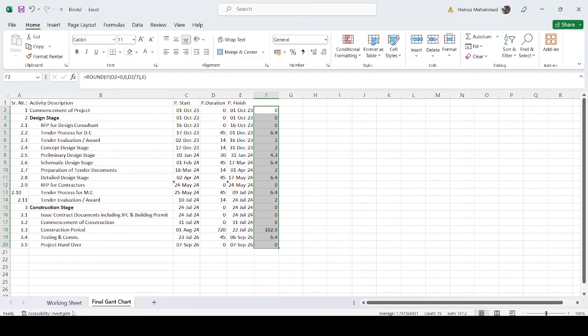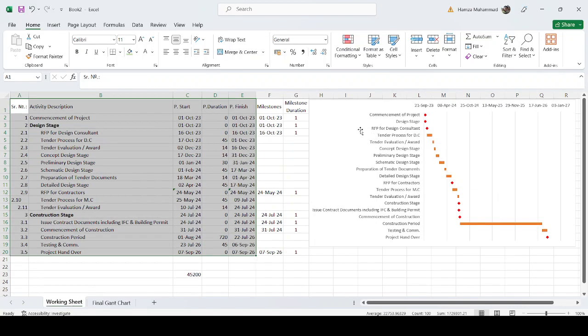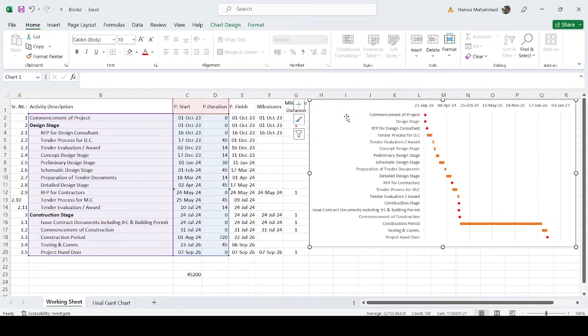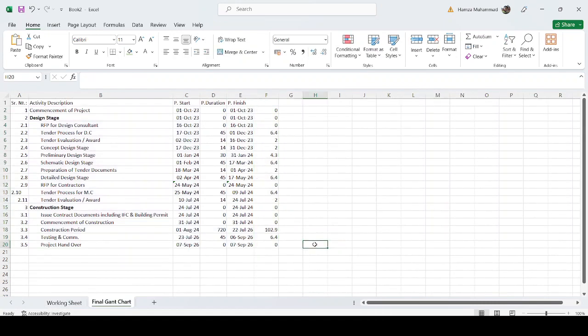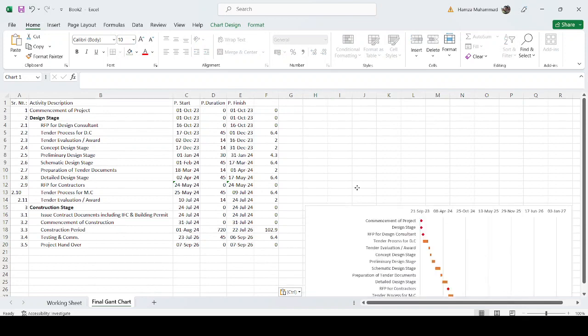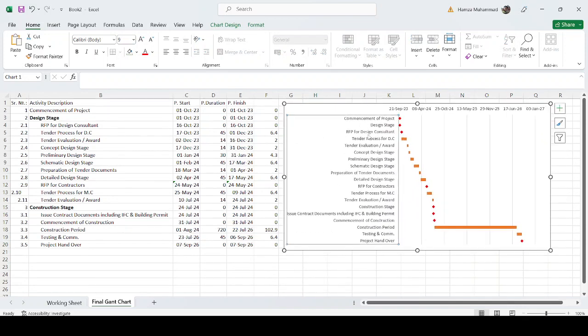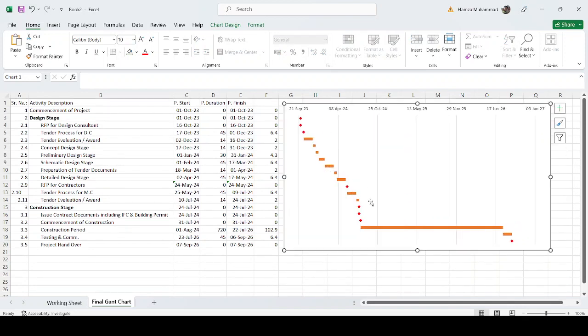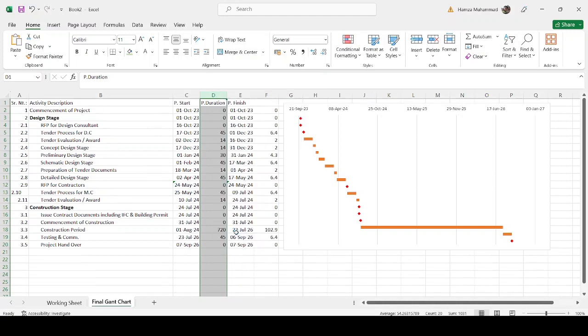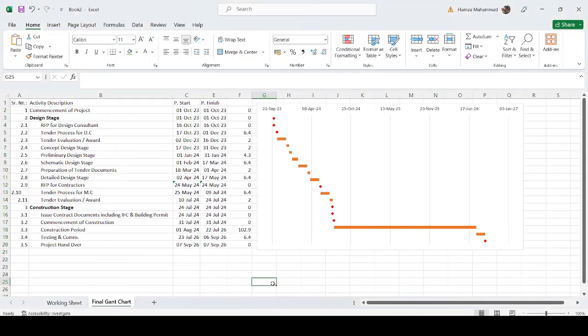Okay, so once we do this one, we just go here and bring our chart from here, Control C, and put it here, Control V, and just match it here. Then we remove this data from here. Okay, and now you can see that is shown here. Just we hide this one, we don't need this information. Once you hide this one and this our duration also. Okay, so we don't need this also, but for time we just keep it and we make this actual duration